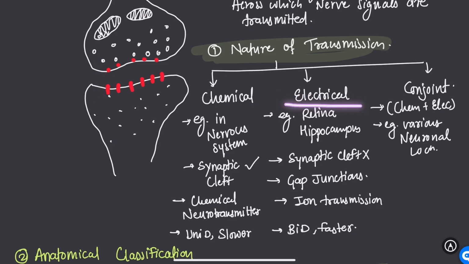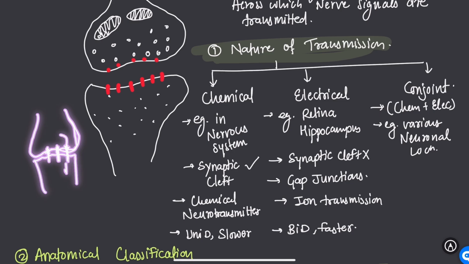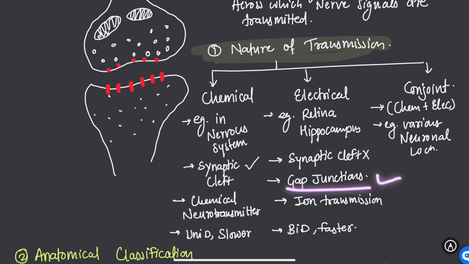In electrical synapses, like this is the postsynaptic, and there are gap junctions, and there is transmission of ions, for example Na plus is transmitted. So these gap junctions are the channels through which ion transmission occurs. So there is no synaptic cleft, or we can say there is an absence of synaptic cleft, and this type of